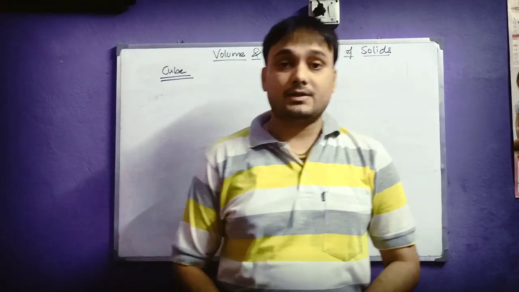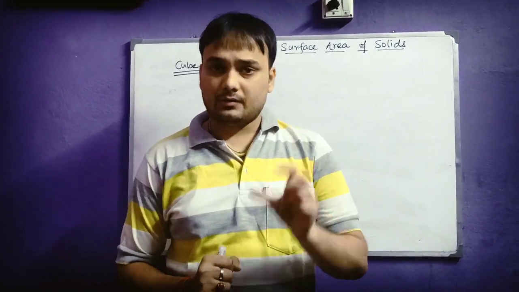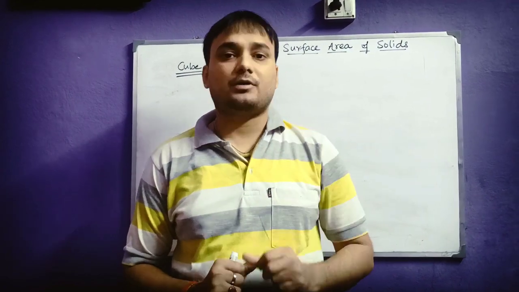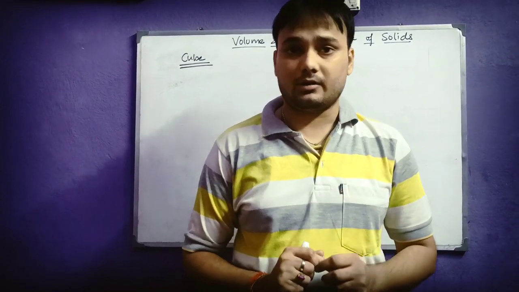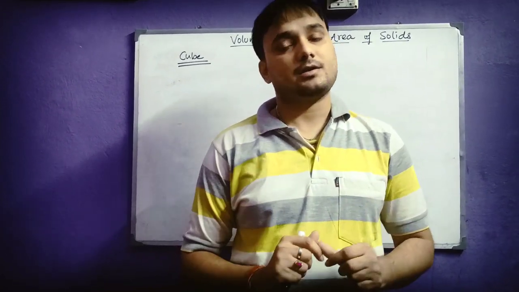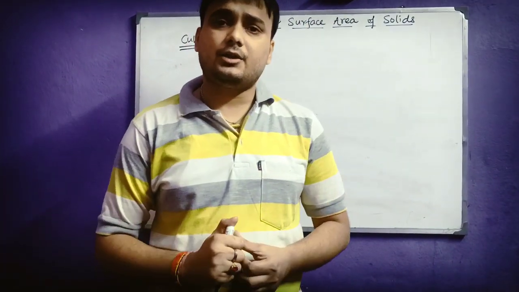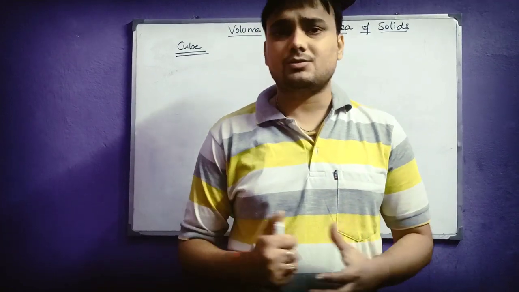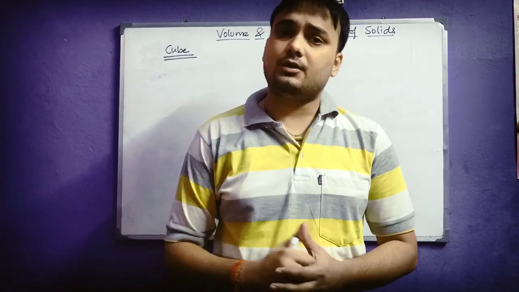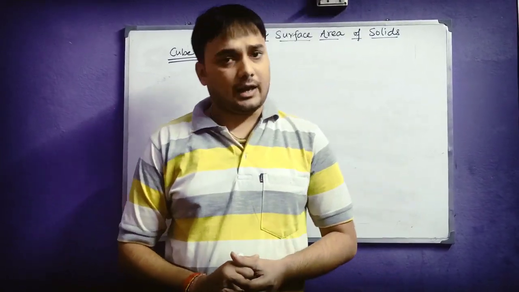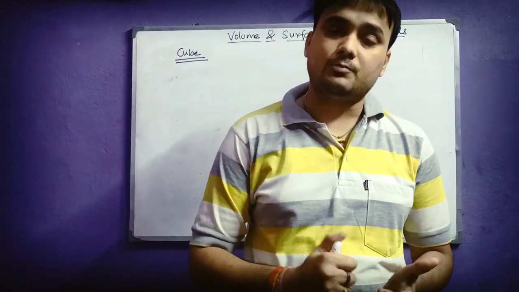Okay students, now the next solid is cube. First we need to know what is the basic difference between the cuboid and cube. The most important difference between these two solids is that in cuboid all the faces are rectangular, but in cube all the faces are square, and all the other properties are quite the same. You can see in cuboid there are total 6 faces. In cube also there are 6 faces. So the same concept which we utilized to find out the total surface area, lateral surface area and volume of the cuboid will be utilized to find out the TSA, LSA and volume of the cube as well.